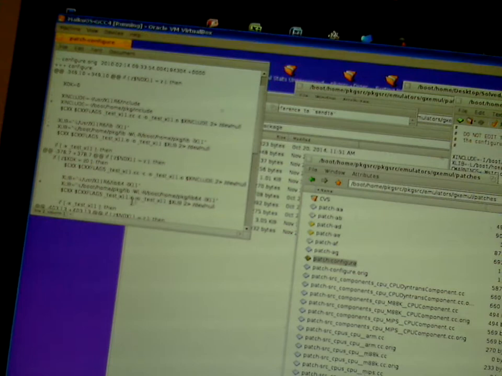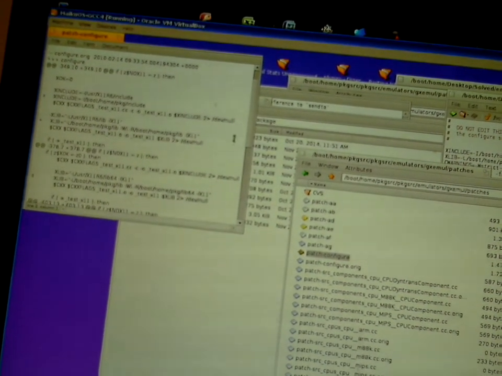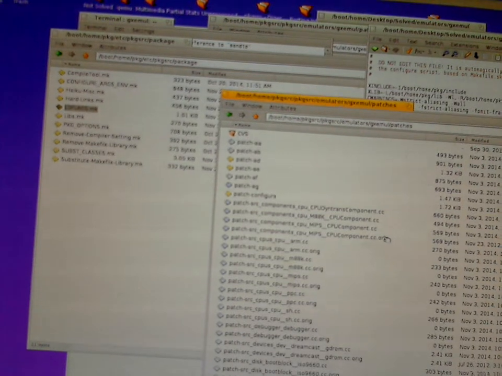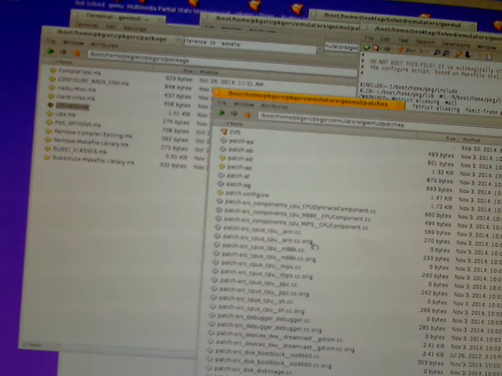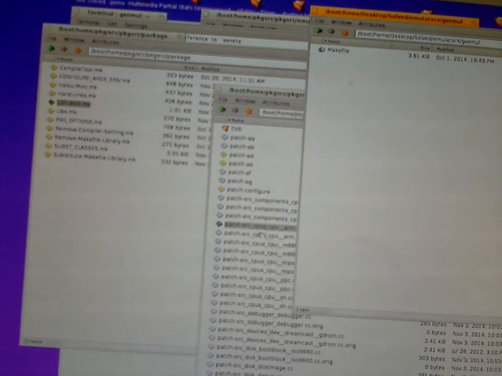Now this is interesting. I may end up patching configure and putting -lnetwork in there. That isn't too friendly to the other folks. So let's get rid of this. Now, what the hell is the difference here? I don't exactly remember editing configure. So I should not have changed it. Trash. Trash. Trash. This is new, so